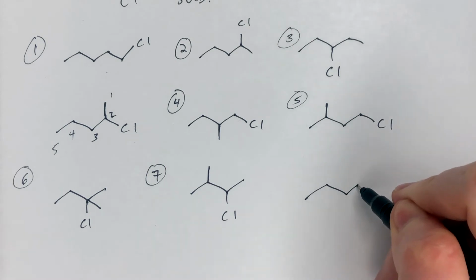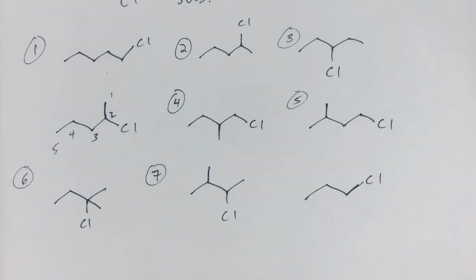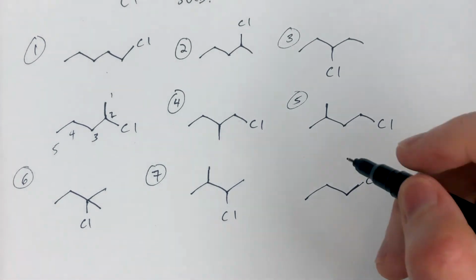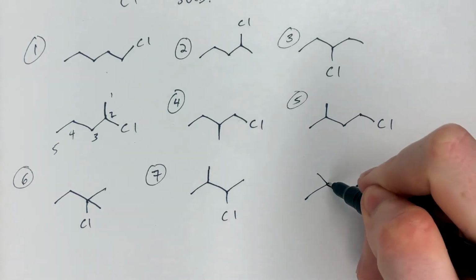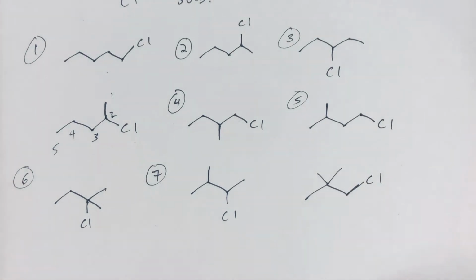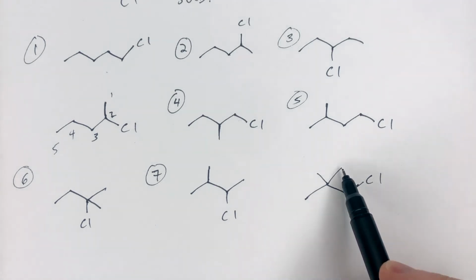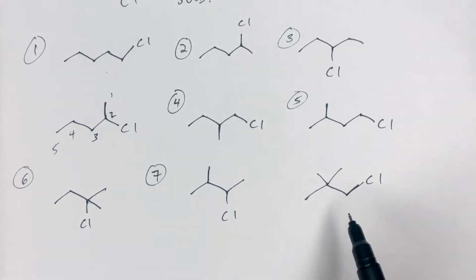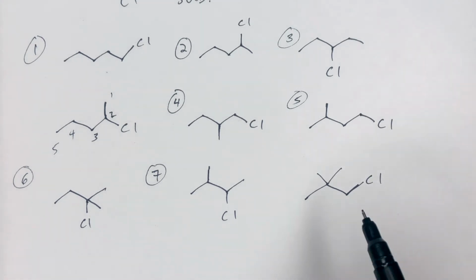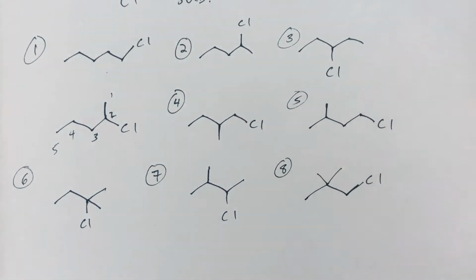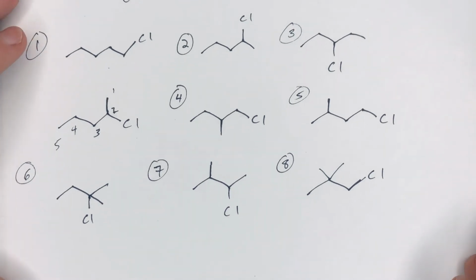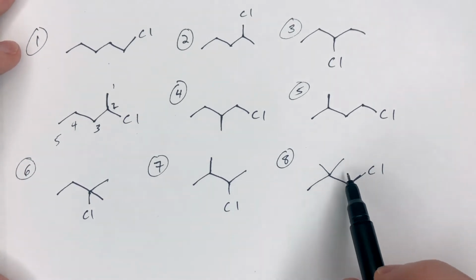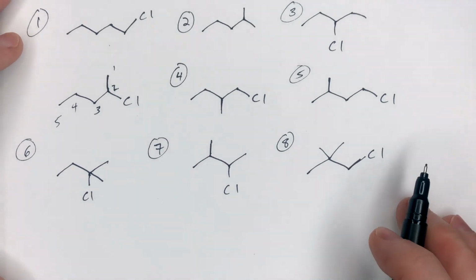So if we put the chlorine here at position 1, where can the 2 methyls go? Well, if they both go here, what is our longest chain? Longest chain is 1, 2, 3, or 1, 2, 3, or 1, 2, 3. So they're all 3. So this is a distinct structure. The longest chain would be a propane. Everything else we've looked at is at least a butane or a pentane. What if we replace the methyl and the chlorine? Let's consider that